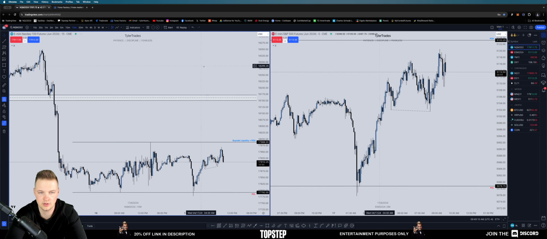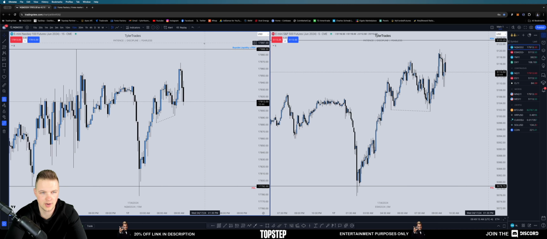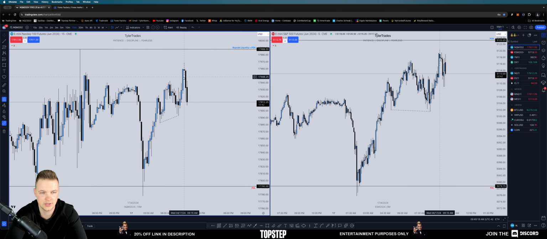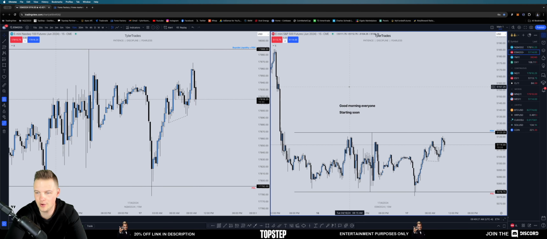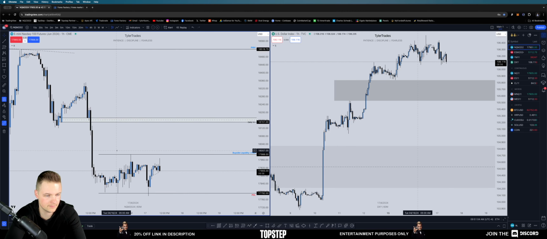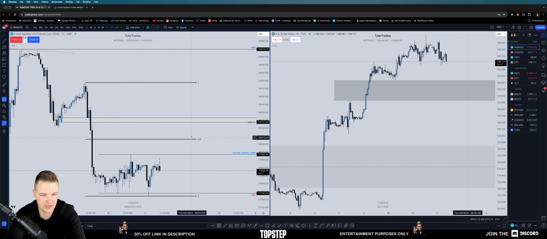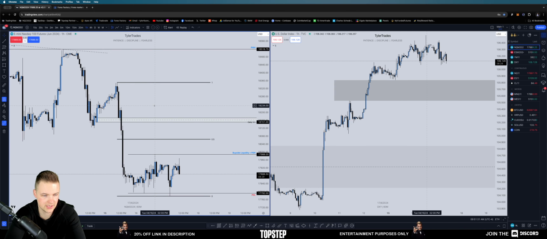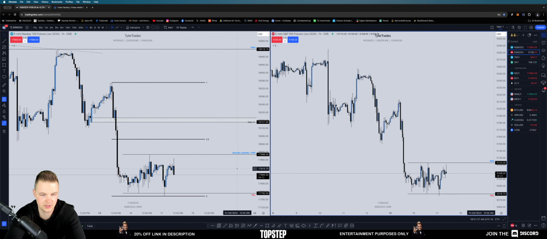I would have been open to getting long had we gotten a little bit better respect here and seen price start rallying up, then dropped down to the 1 minute to look for a long opportunity. But right now, NQ is showing a little bit more weakness than ES with that gap especially. So let's just hold our horses, ladies and gents. I wouldn't be surprised if we were to see a little bit larger expansion, like if we were to draw this last price leg back up. Equilibrium's up here at 18,065, so it wouldn't surprise me for us to really dig into this. Yeah, guys, that's really it. Bullish bias, up until at least this buy side.